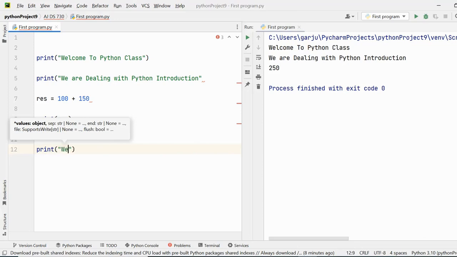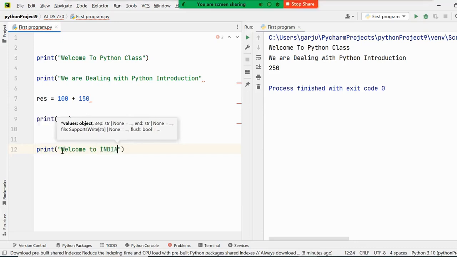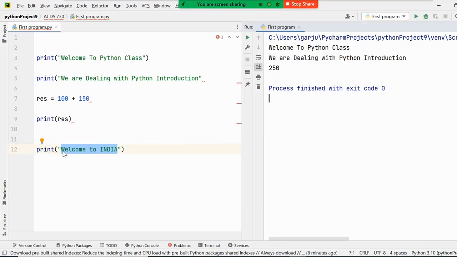For example, welcome to Python, or welcome to India. This is printed onto the screen as it is. Whatever you put inside the print, after print there will be a starting and ending of the brackets. Inside that, if you use the quotes and put anything,